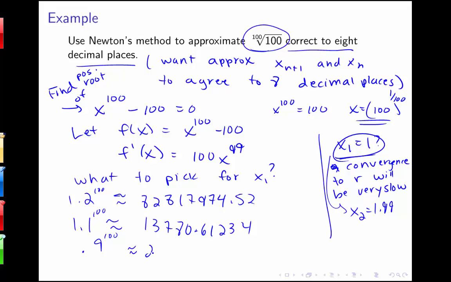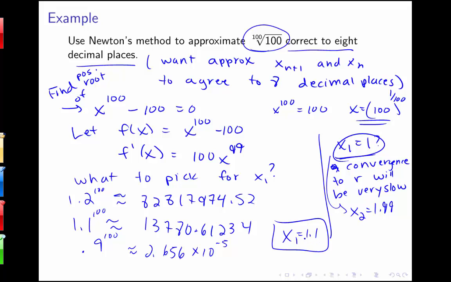We get 2.656 times 10 to the negative fifth approximately. So I'm going to say let's start with 1.1 for x1. But there's many other choices that you can make. This probably isn't even the best choice, but it'll give us an idea of the process. Using 1 as our initial choice is a very poor choice. 1.1 is better. There may be other choices that would allow you to go a little bit faster, but we're